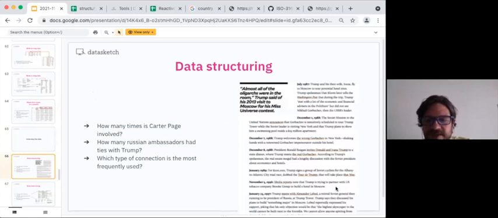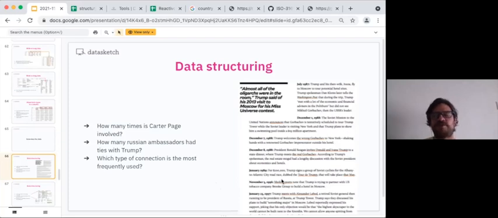So this is a report from a news organization in the US. It's called Mother Jones. And I was working real briefly with them. And they had this story, very interesting and long one, about the connections of Trump with Russia, or the ties that Trump had with Russia. So here you see, in '88, maybe Trump met Gorbachev in New York, and then in '89 they did some events at the Trump Tower and whatever. So the journalists were tracking all these points in time where Trump had some sort of connection with Russia,